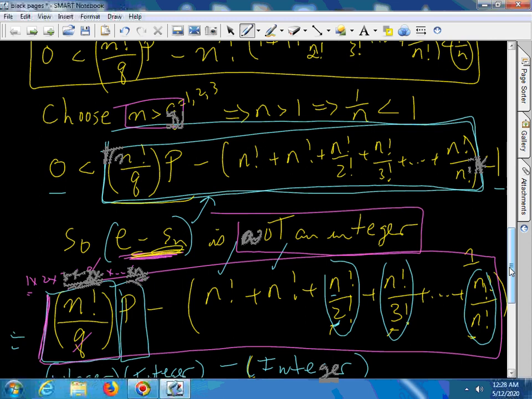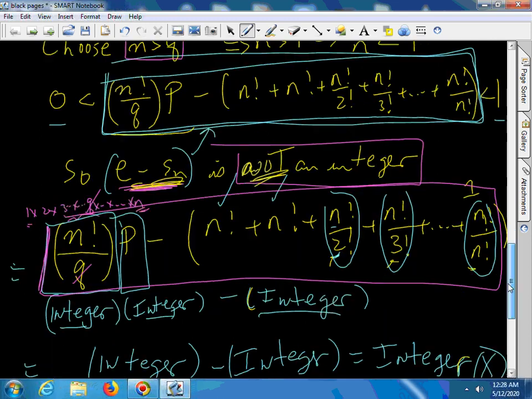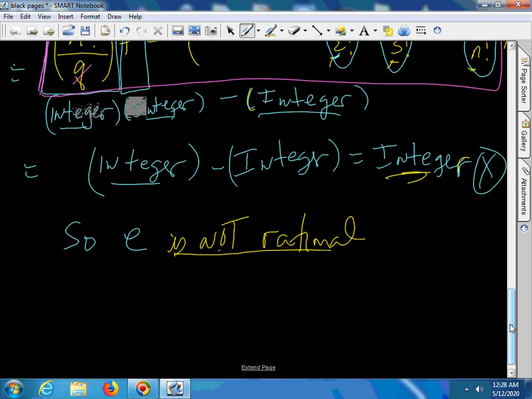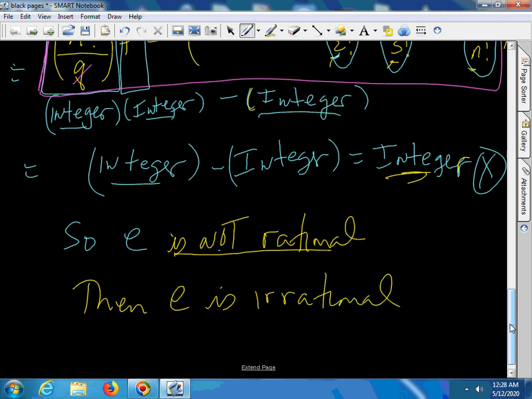I got this mess is not an integer, and it is an integer. And that only came because we assumed that e is rational. So if that's wrong, then e is irrational. If you're not rational, you're irrational. If you're irrational, you're not rational. Here is the